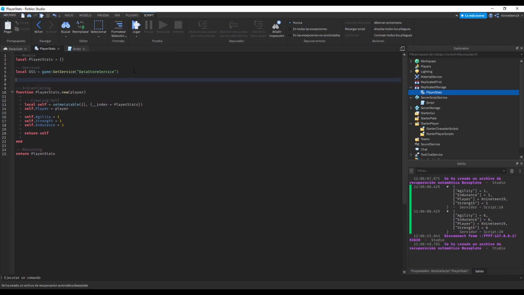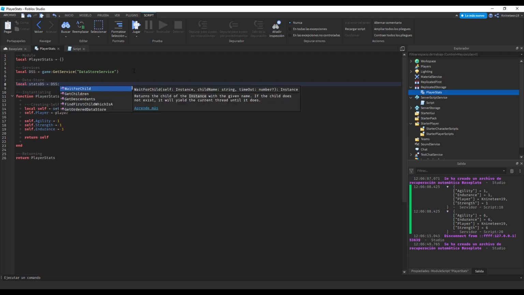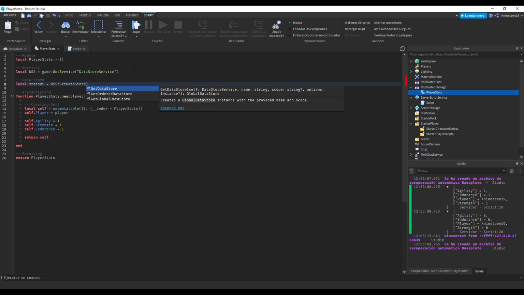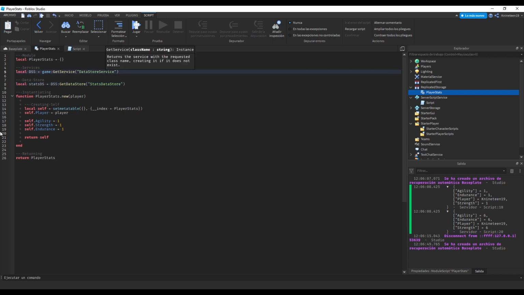And I'm going to do local stats data store equals data store service get data store, and we're going to do stats data store, right? So we created a data store named stats data store, and then what we can do is we can create